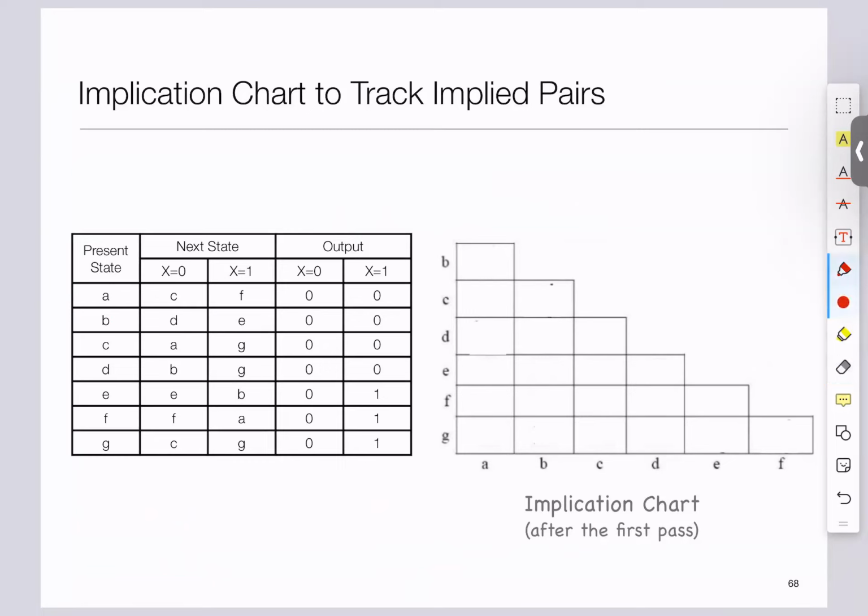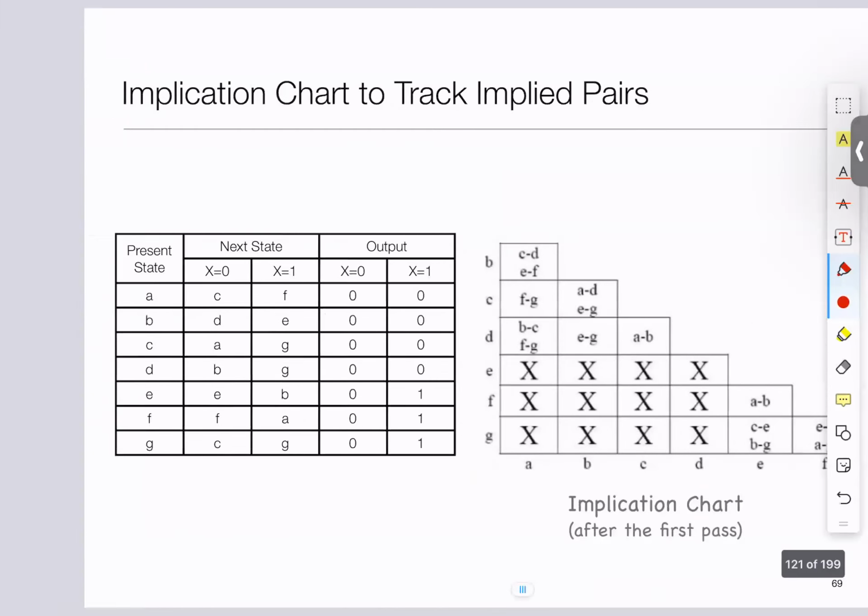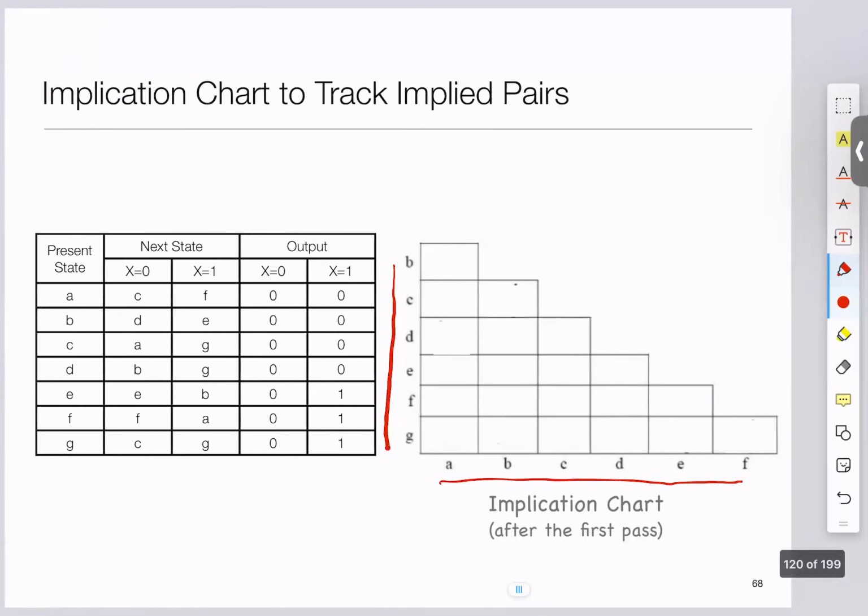So what we do out here is, in this implication table, along the x-axis we list all but one state: A, B, C, D, E, F. Okay, we skip G. And on the vertical part, we skip the first one and include the last one, so B through G. So we create this kind of grid. And now we are going to keep track of what happens after each pass. This is just a tabulation mechanism. So what we start out with is, after that first